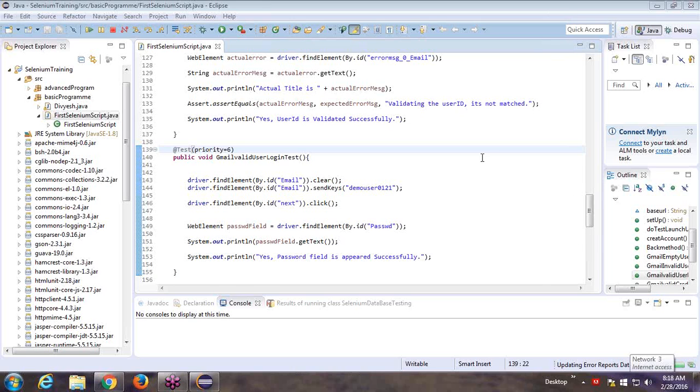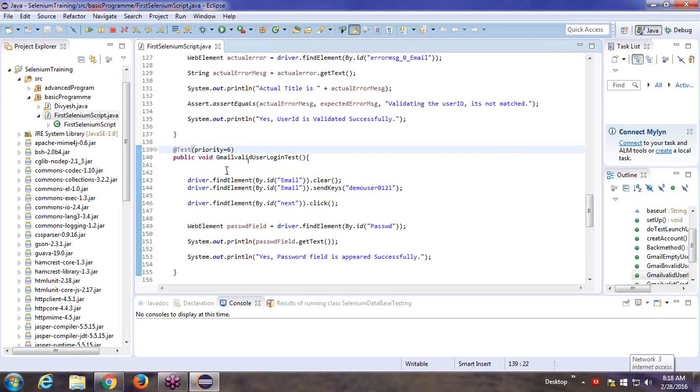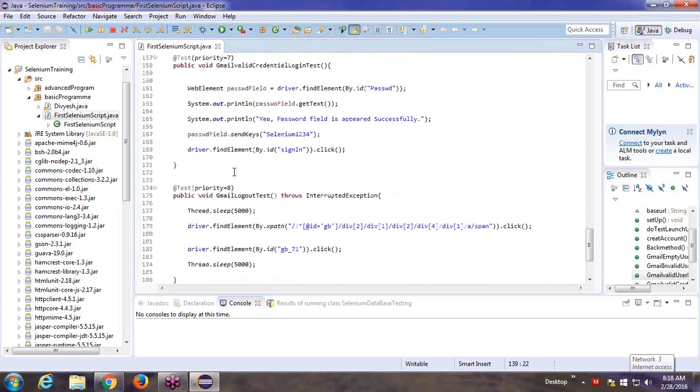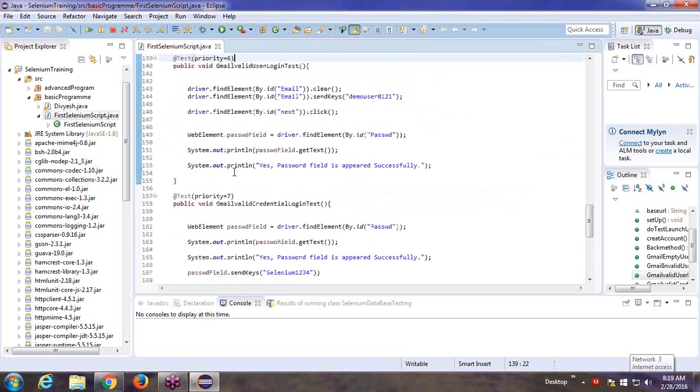The number of failing test cases will grow. So to control and handle those issues, we can set a priority, an order in which they will execute. In the test annotation, we put priority equal to 1, 2, 3, 8 according to our test case